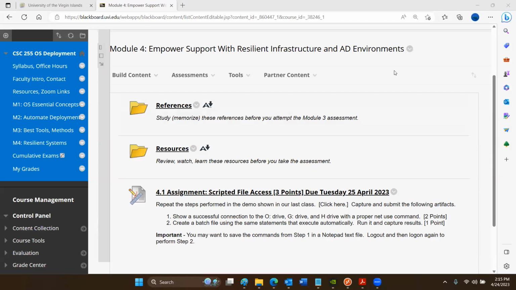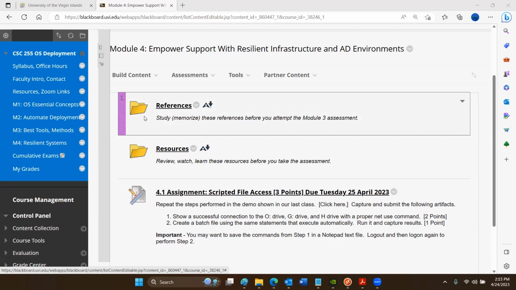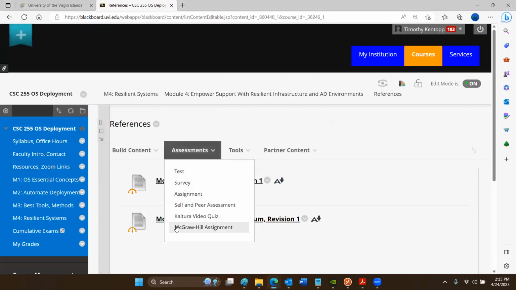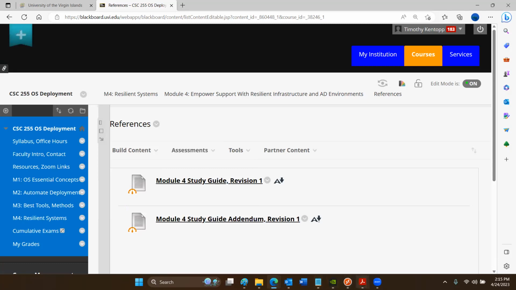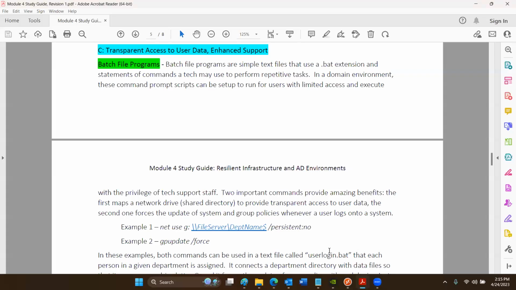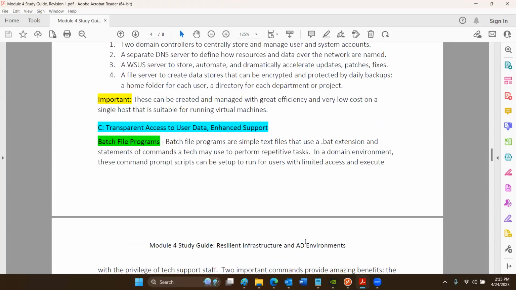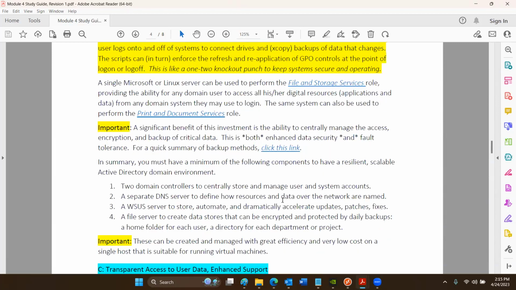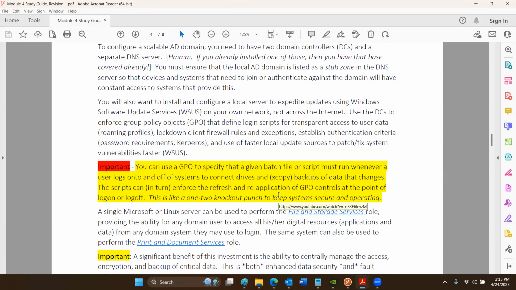So today is our last class session, and we're highlighting some specifics in a shorter study guide. This is like a mini module. There's a study guide in references and an addendum. This is a pretty straightforward reference, and I would expect that you would read through it. And if you have any questions, you can reach out, but it's all pretty self-explanatory if you've been with us